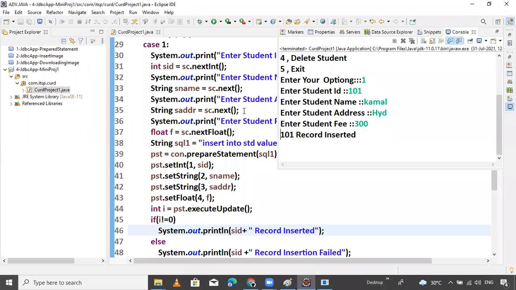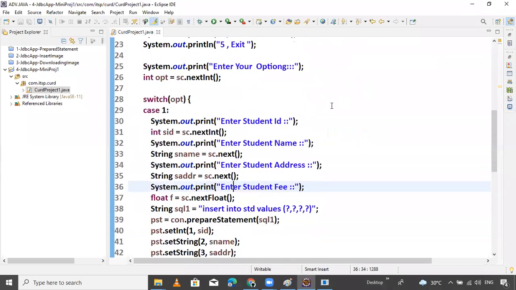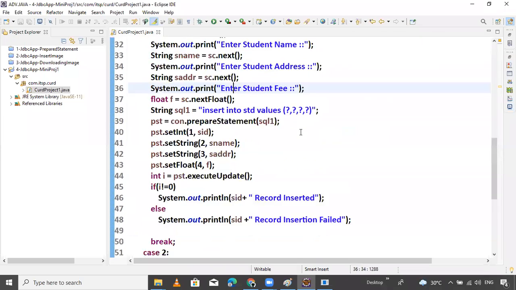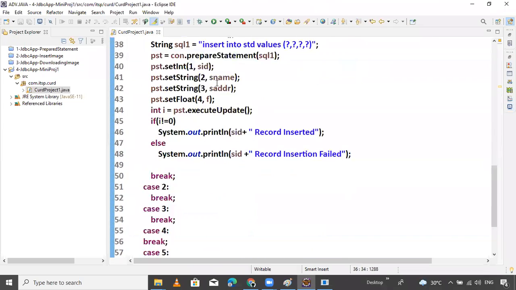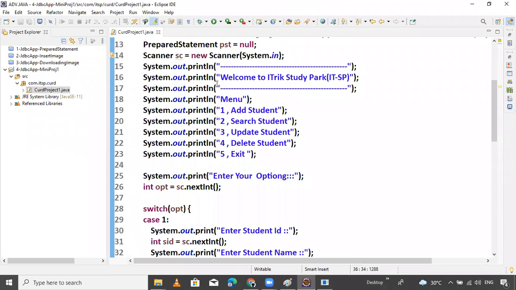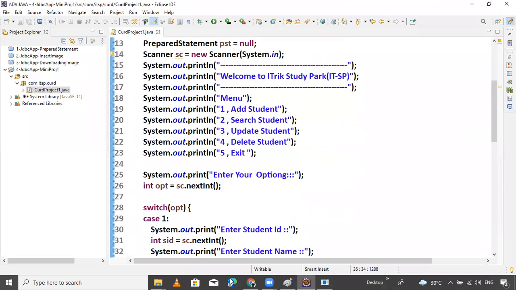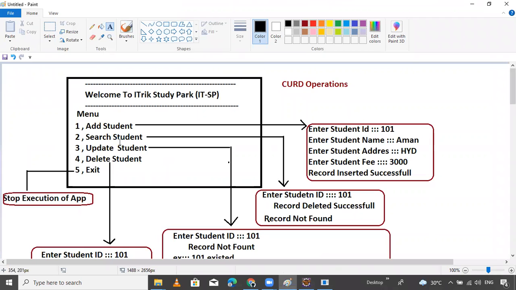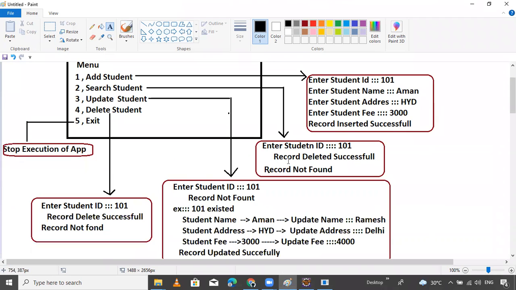So our first module is completed. Now we'll go to the second module. Develop the second module. For which? For searching the data. It means print all the records which exist for that ID value. How many records are there? Like that. Record deleted successfully. This is the searching.